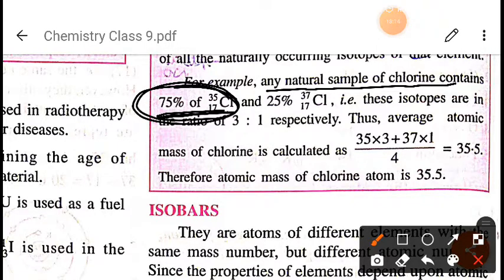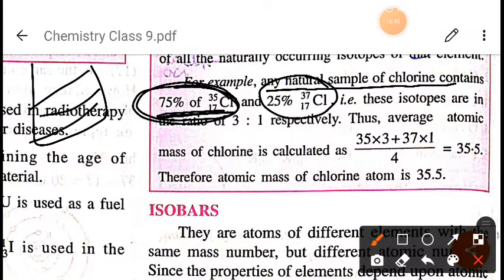Suppose we have found a deposit of chlorine somewhere. When we extract that chlorine, we will not get only a single kind of chlorine, like 17-35. We can also get 17-37, but this 17-37 is very small in number. So if this is a deposit of chlorine, when you extract it you will see that it contains both types of chlorine.